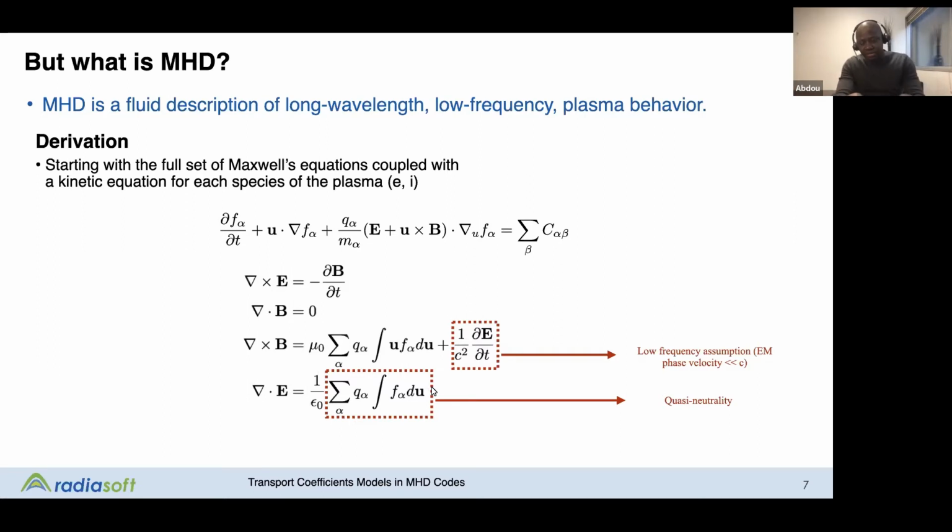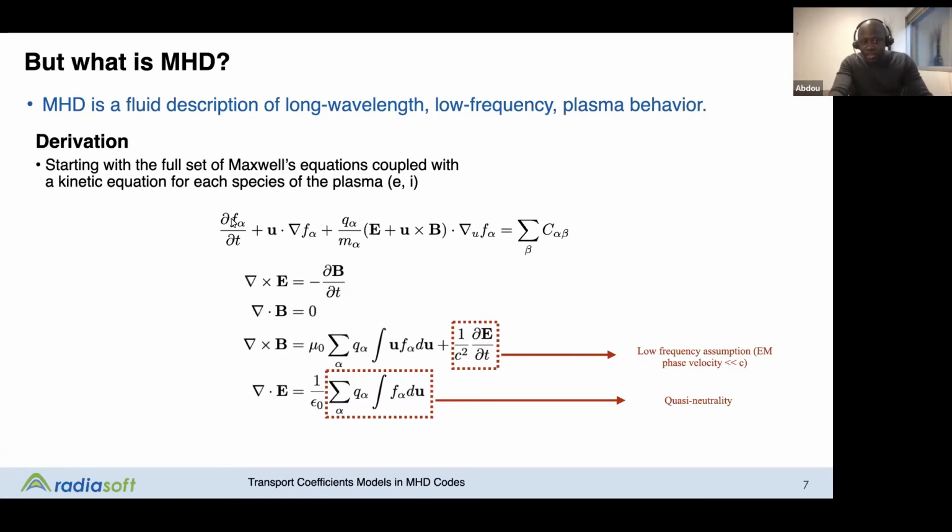The second approximation is to assume that you have quasi-neutrality in your system. So basically, the electric field will adjust itself to make sure that the electron and ion densities are exactly the same. That doesn't mean the electric field is 0, or even that the divergence of the electric field is 0, but it means it will always adjust. Okay, so from here, once you make this approximation, in order to get to the MHD set of equations, you